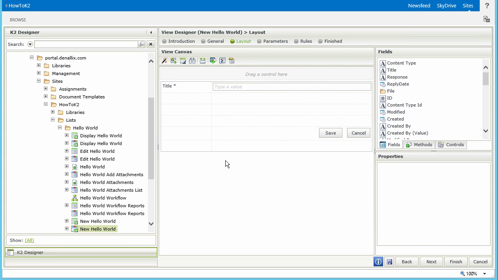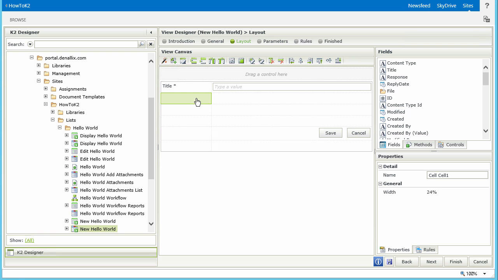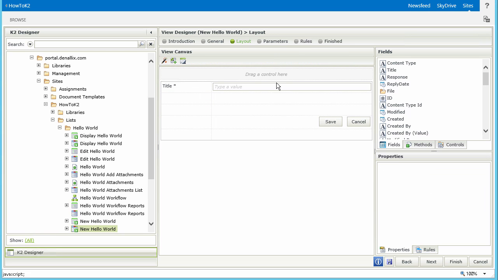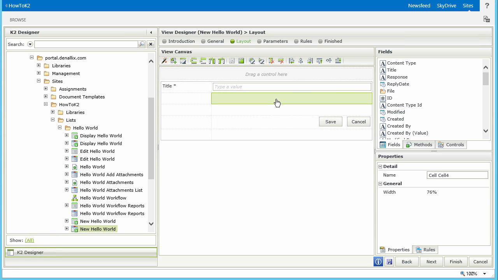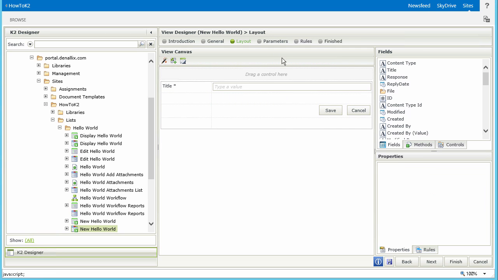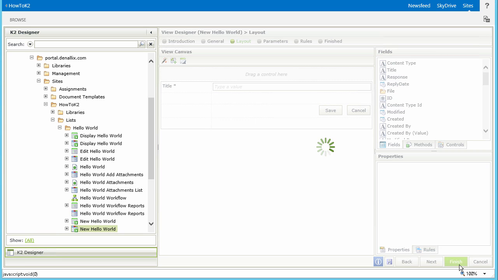Once you complete that, your view should resemble mine here with 2 empty rows. To make this look a little better, let's remove these 2 empty rows from the view as well. You can do this by selecting one of the empty cells on the view and then click on the Remove Row button from the toolbar menu just above the view. Now I'll do this for the second empty row, and your view should look like this when finished. That's all we're going to do with this particular view. So with that, we can click the Finish button to complete the edits and move on to updating the new